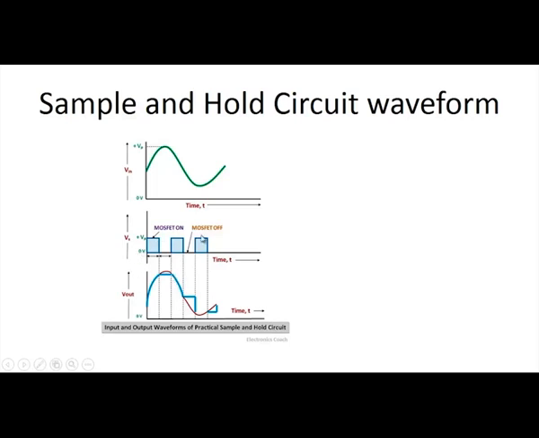And the condition for the time period or the frequency of this control voltage is that the frequency must be greater than or equal to twice the maximum of the input signal's frequency. That is said to be the Nyquist criteria. It must satisfy the Nyquist criteria. The frequency of this control voltage must be greater than or equal to twice the maximum frequency of the input